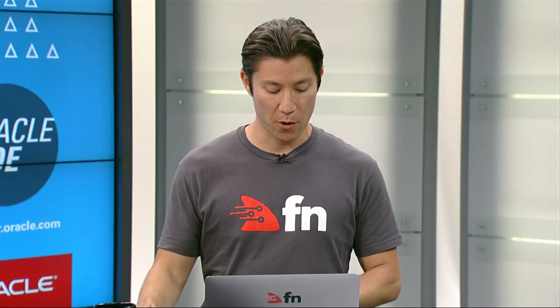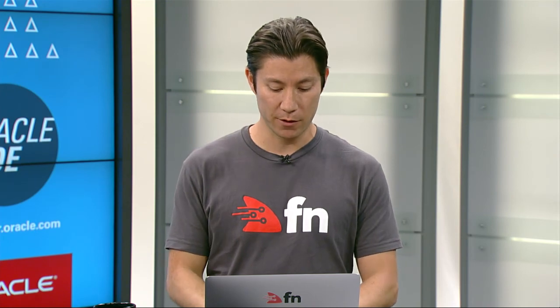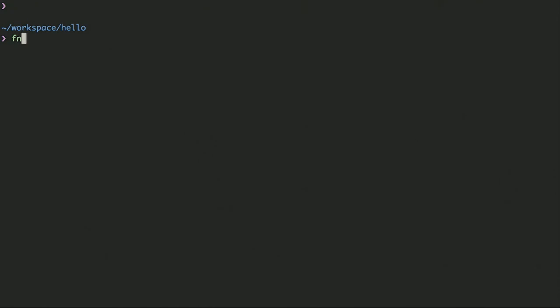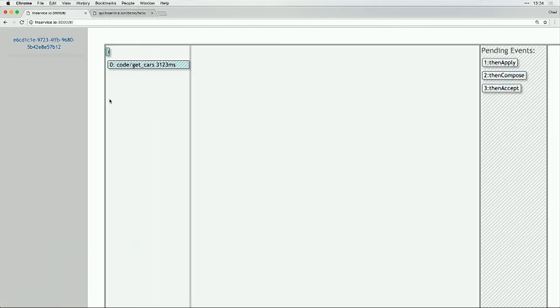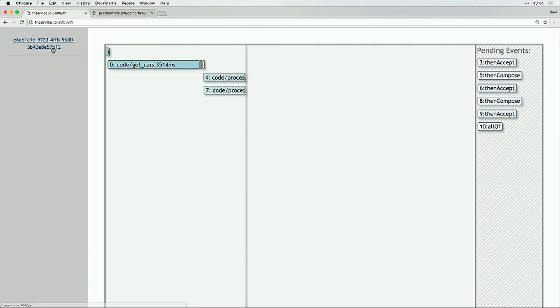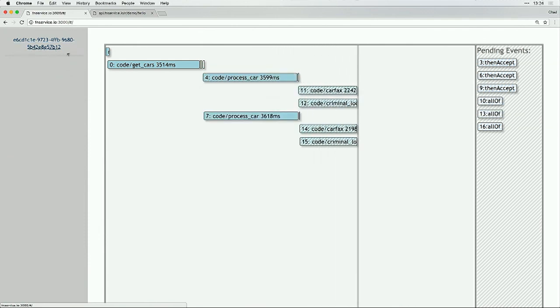So to show you a quick demo of that, I'll turn back to our terminal here. And now we've got a flow function. If I can actually do fn call code flow. What this is, is a wrapper around curl, and I'm actually triggering the function in the cloud. And this is our experimental UI around our flow function, and it's a graphical representation of a workflow running in the background. So we've got our